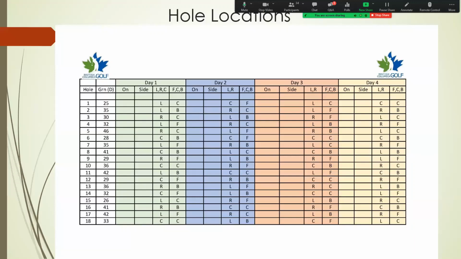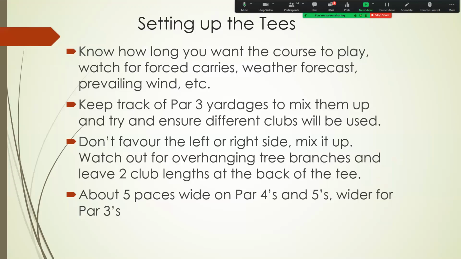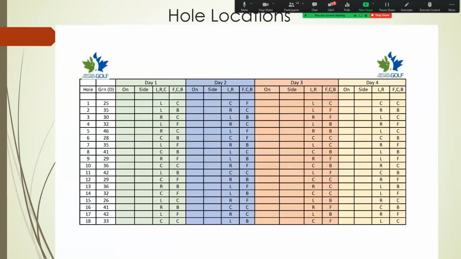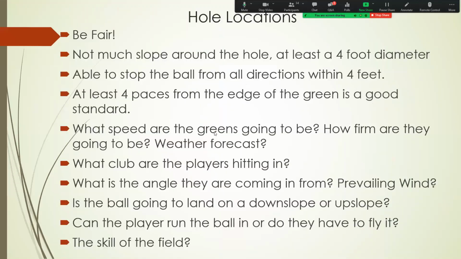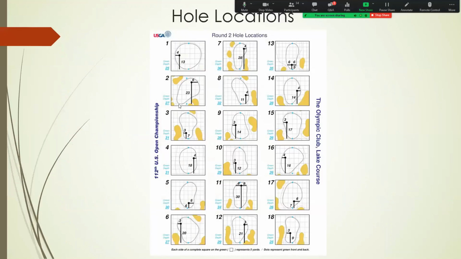Somebody asked, is the specific shape of the greens for the pin sheet important, or is a circle okay? I think a circle is fine. We just use circles, actually, for a pin sheet. I don't know if I've got an example on here. No, I don't think I do, but I can put one up. This pin sheet here has the actual shapes of the greens, which is great if you can do it. But just having a circle that says 23 on and 6 from the right is just fine